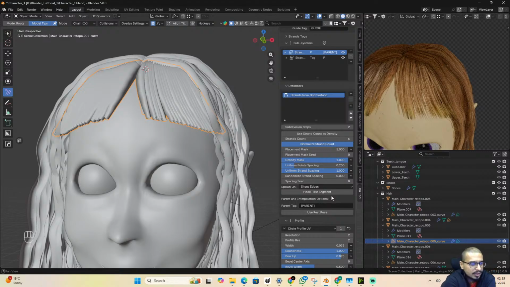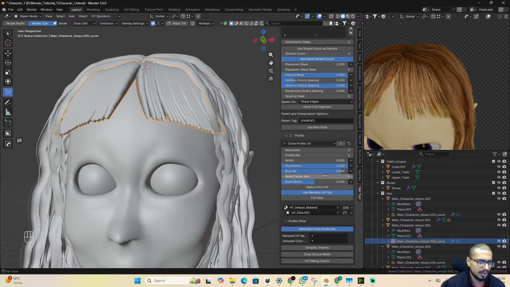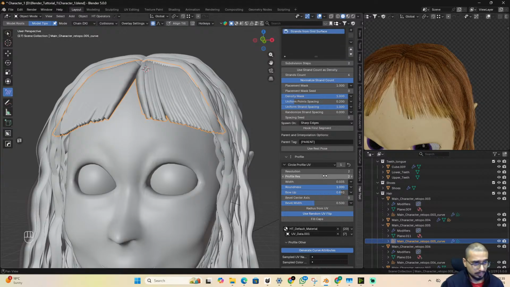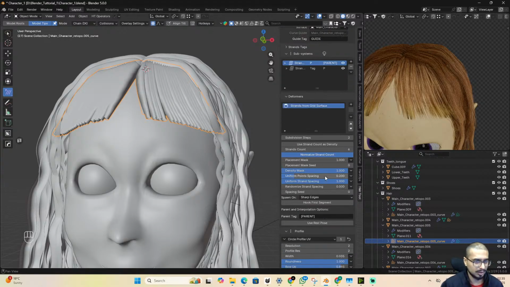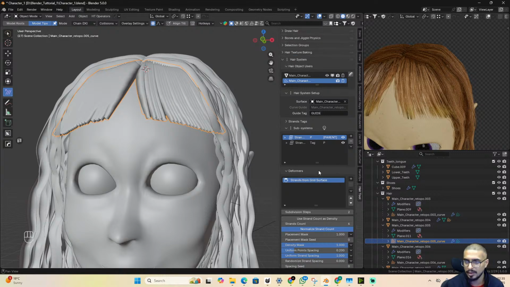Random spacing, no. Placement mask, normalized strand count. It's more about reading stuff, I guess. The add-on has too many things to read and remember. That's all. Some things are a bit crazy, but